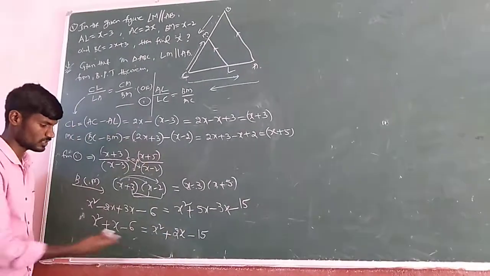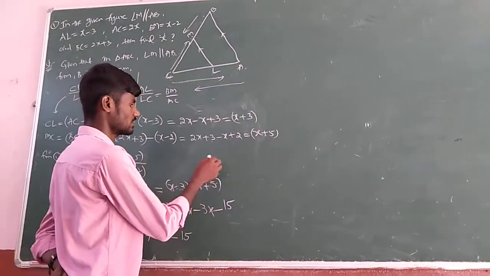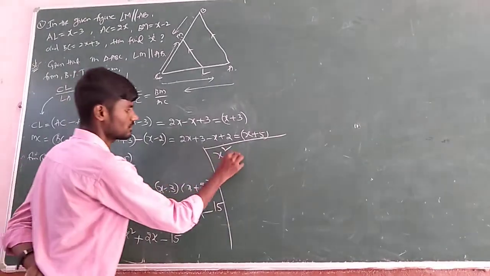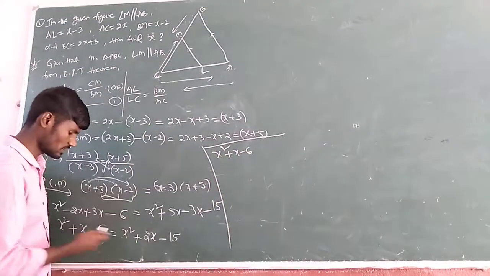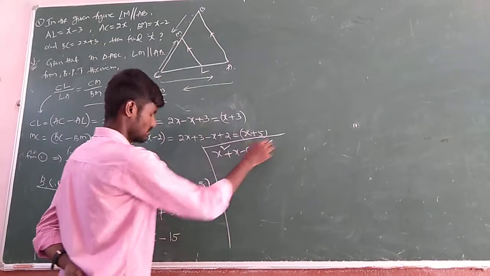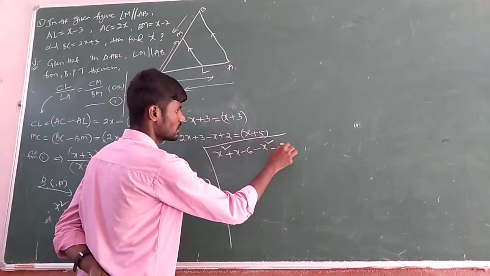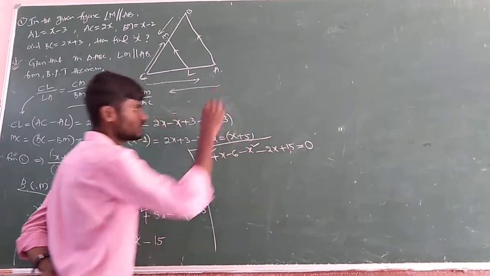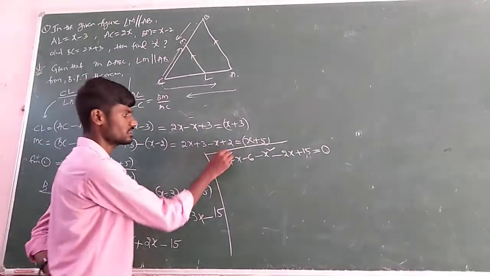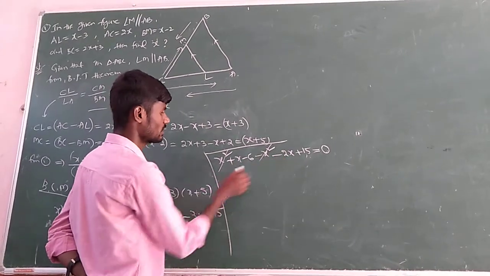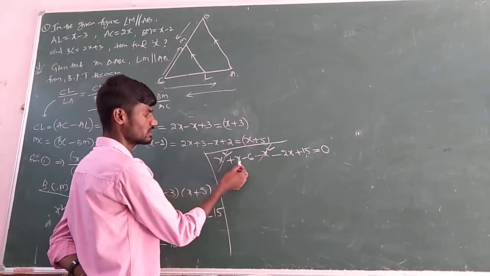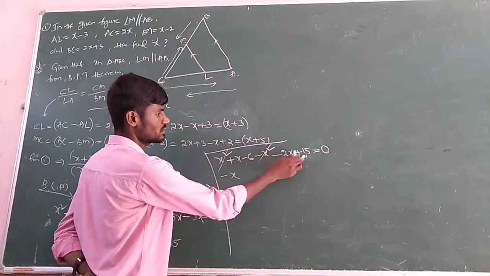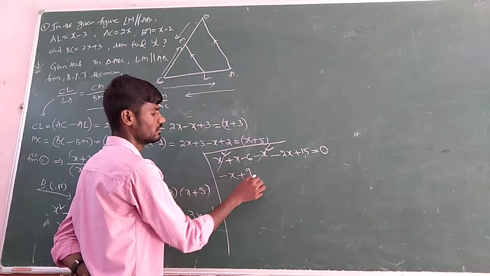Now group all the terms to the left side. So if you do, what will we get? Let us see here. X square plus x minus 6, and then all of this: minus x square, plus 2x becomes minus 2x, minus 15 becomes plus 15, equals to, on the right side, you will get only 0. Now see, plus x square minus x square. Plus x minus 2x. Plus x minus 2x, it is the bigger one, so the difference between them is minus x. Minus 6 plus 15, what is that? Plus 9 is equal to 0.